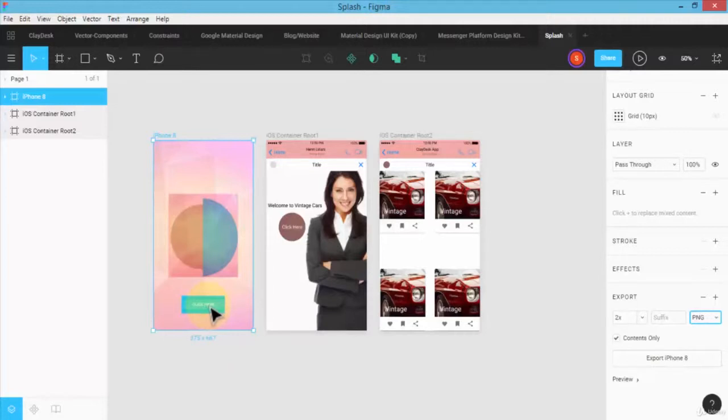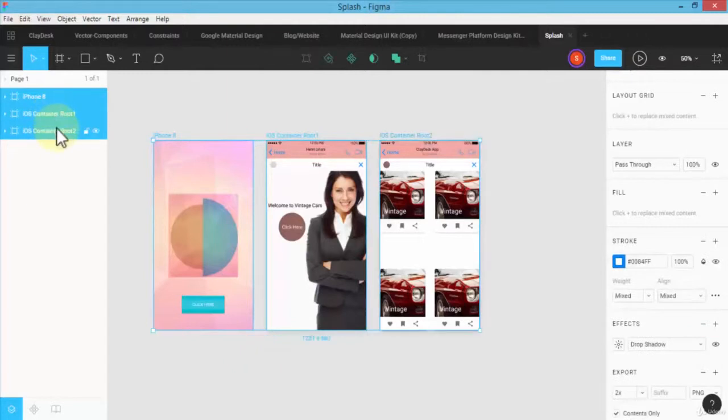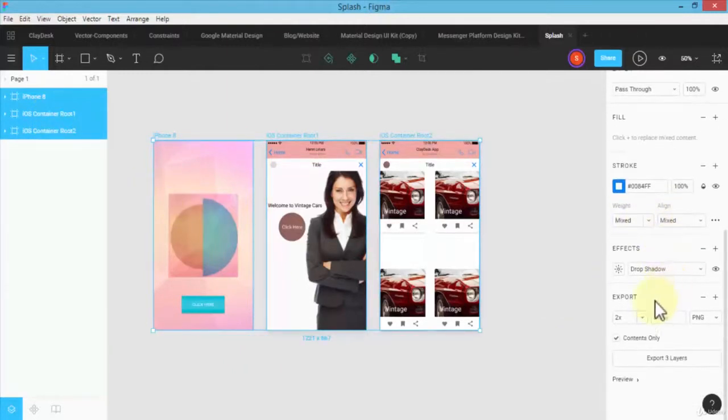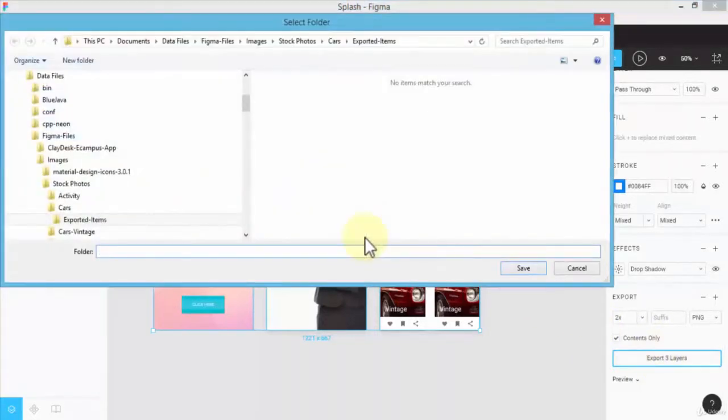I could export multiple screens, so hold down the control key on the keyboard and select all of the screens. On the bottom, notice now it says export 3 layers. I can take a look at the preview as well, and it can show me the preview of all of these 3 mini screens. So if I click on export 3 layers, it simply brings up the Windows Explorer for me,